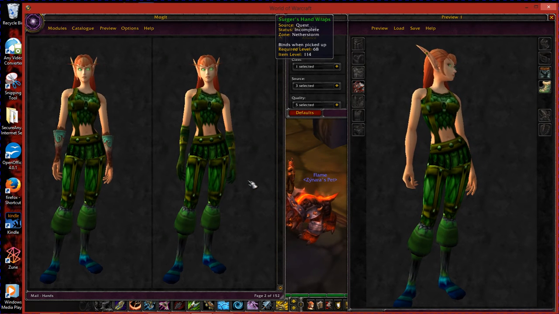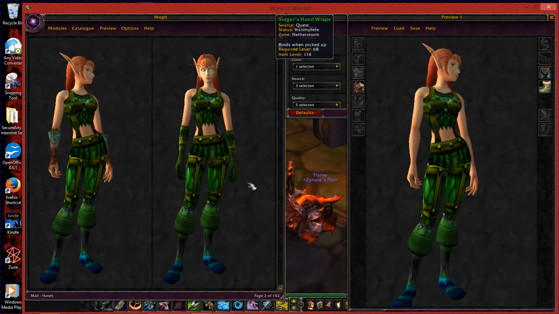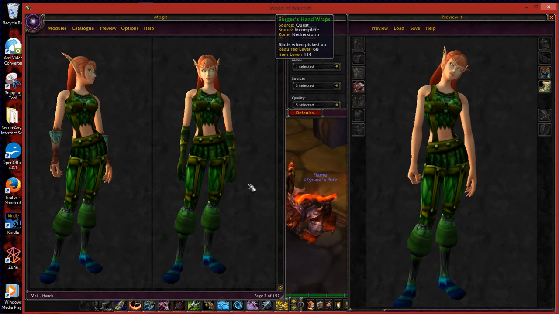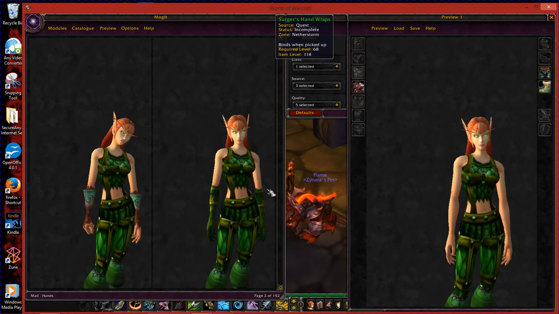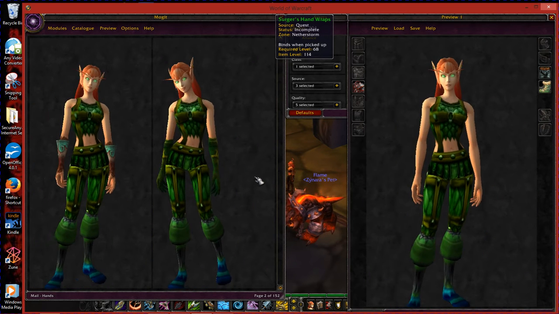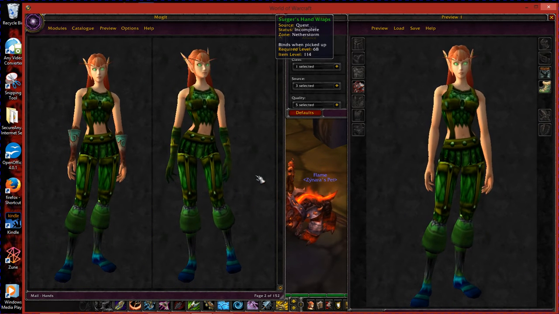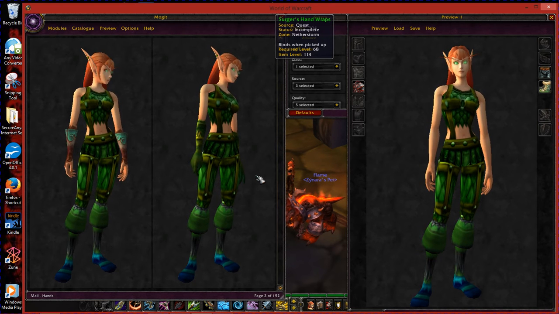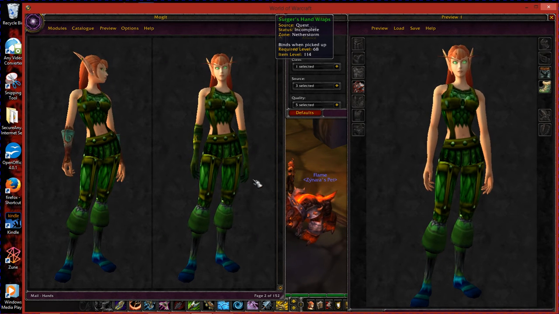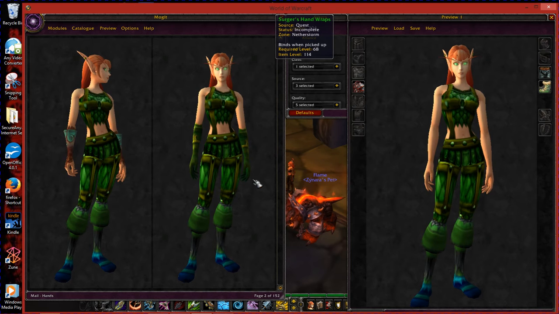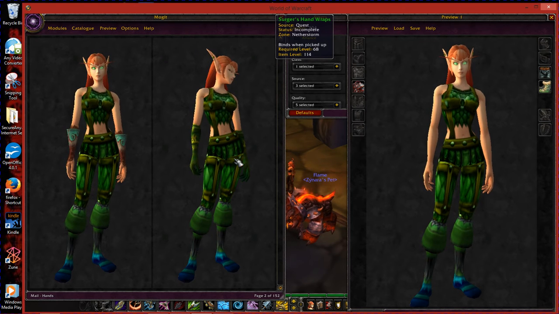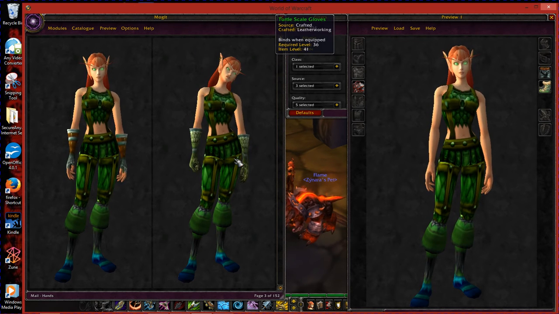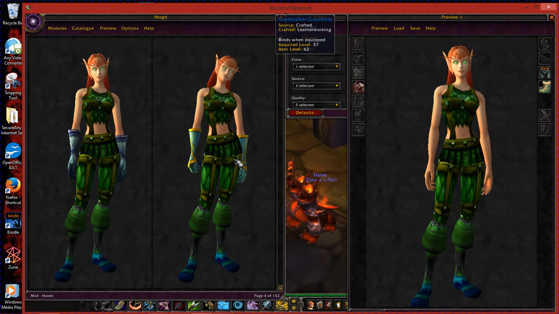Now if you use the right mouse button and you move it, you'll move it up and down and over without actually turning it. So right mouse button moves it up, down, right and left. Left mouse button turns it and positions it as you want to see it. So let's go ahead and continue looking by scrolling down through the green gloves to see what we want.